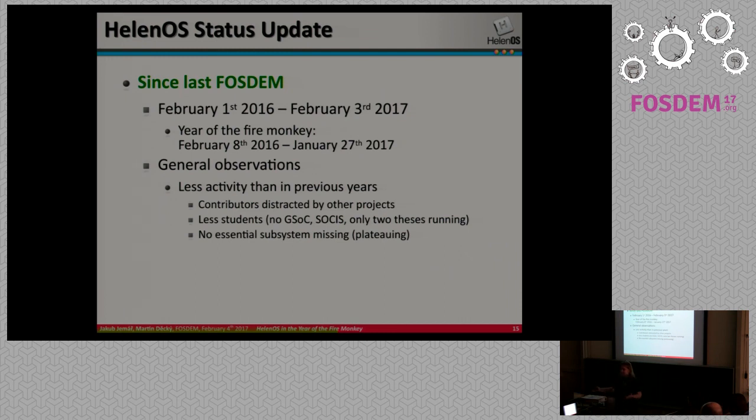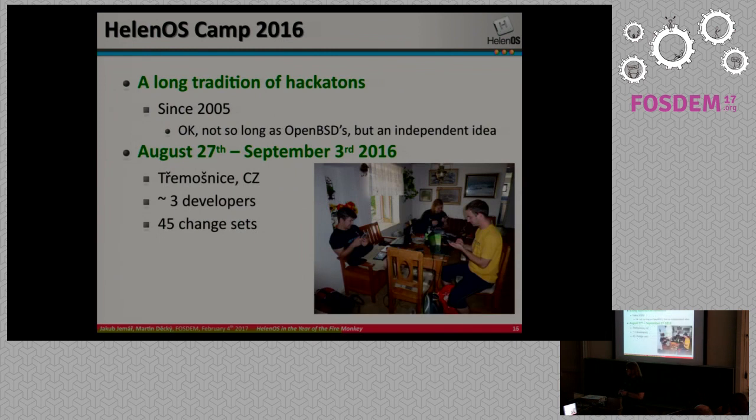You name it. So there is no big chunk of code totally missing. So we are more switching into the phase of optimizations, refactoring, and so on, and that's probably not so attractive to many people. So that's my explanation why the output is smaller. This can be also illustrated on our traditional HelenOS camp, which is our hackathon,